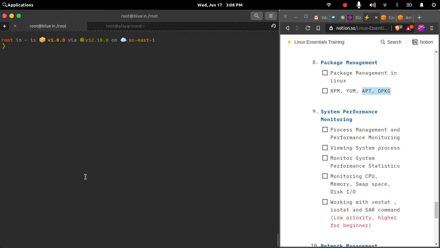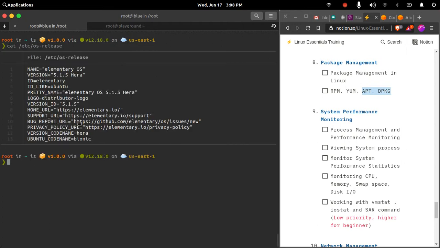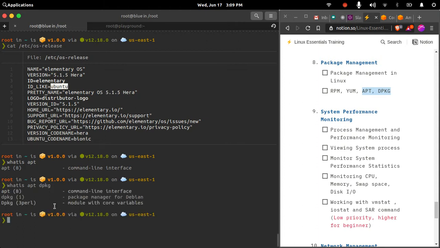However, my local machine is a Debian based system. If I check the release, the ID is like Ubuntu, so if you see this property, you will be able to determine that this operating system belongs to the Debian family of OS. So this is an Ubuntu based system, and it will have the APT package manager, which is the package manager for Ubuntu. Both of these, APT and dpkg, the Debian package manager, come on Debian based systems.